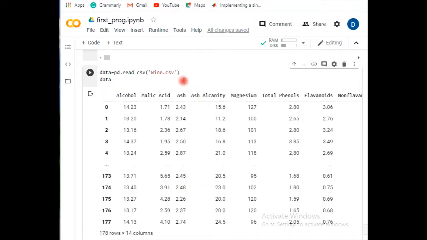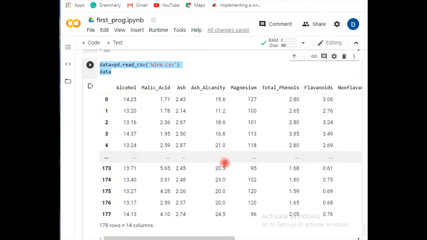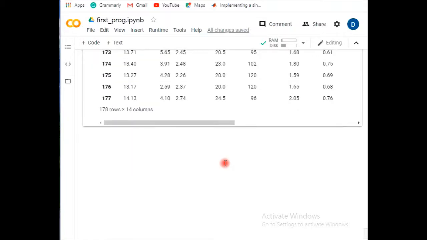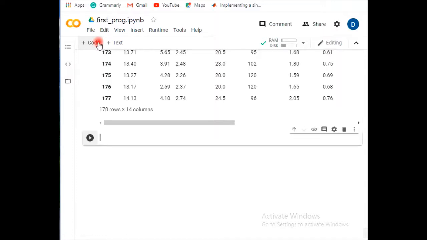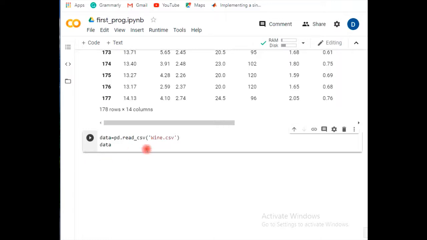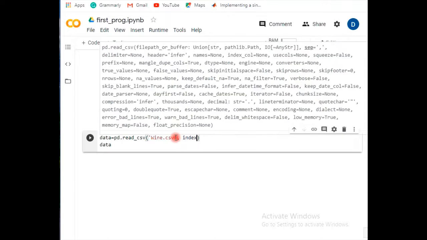Similarly, if you don't want to get the whole data and are specifically looking for a specific value from this data ocean, then you have another option: use wine.csv, comma, go for an index.